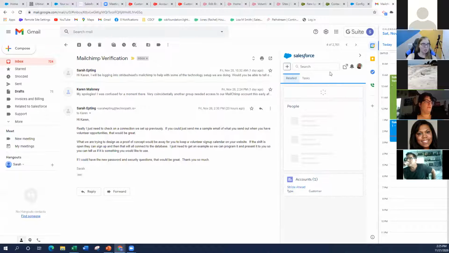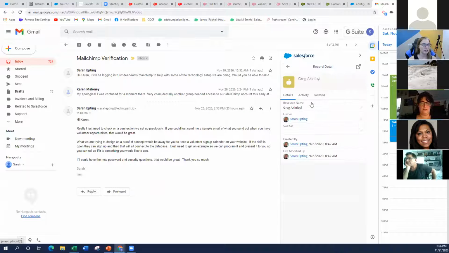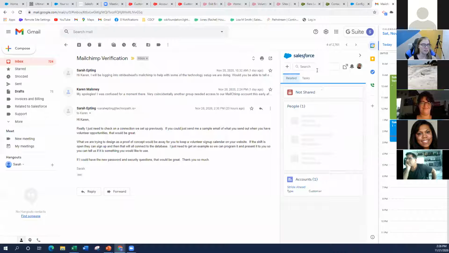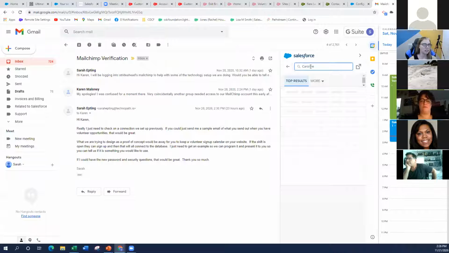But I think it's a cool tool just because they're in their inbox anyway, right? So it's not necessarily about logging the email. I'm sitting here doing emails all day long, and instead of having to go to a separate tab, I'm just emailing folks. I'm going to look for Caroline's record so that I can see her email. I can click on it right here, and then